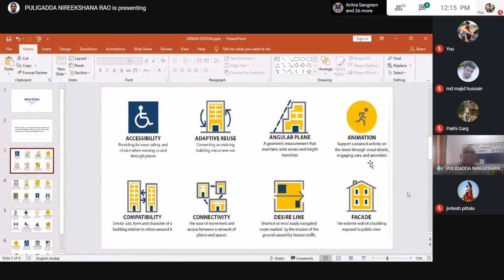So I am walking as a pedestrian and in between I feel hungry, and there is an ice cream cart vendor there, and I will sit there and eat ice cream. That is also part of animation. Yes, people can sit. A park is there, so some kind of walking tracks are there. The old people are walking, and in between they want to sit somewhere and take some rest. They want to sit together and talk. We are telling this kind of things are happening. So to represent in our drawings, in our design, we have to identify what kind of animation is going on here.